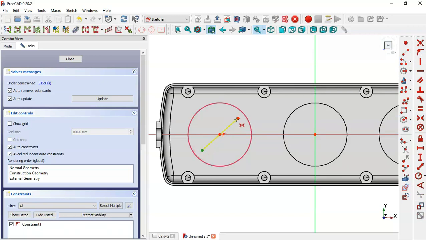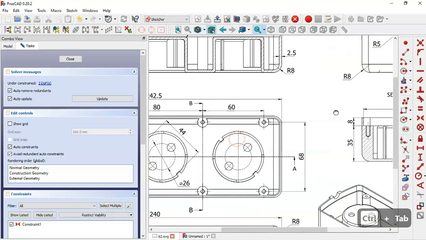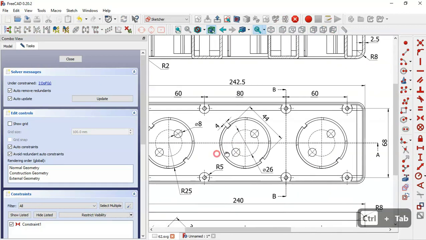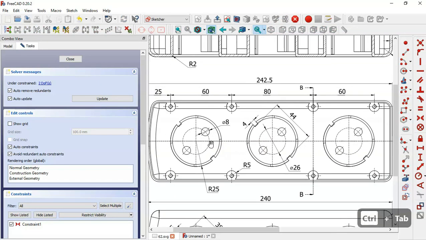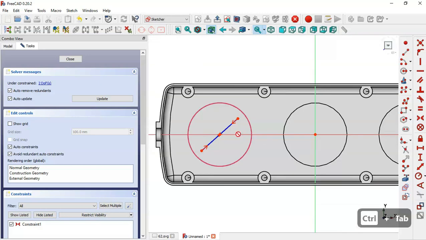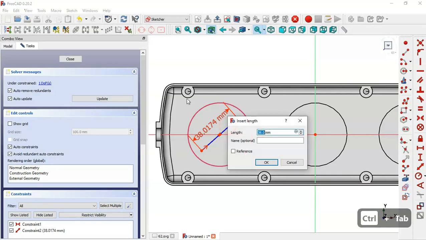We select these 2 points of this line, and now this center point here. And as we can see here we have a distance of 26. So this line here will set a length of 26,